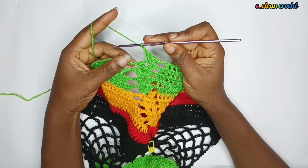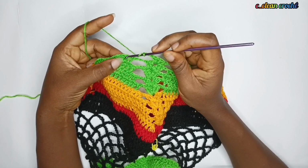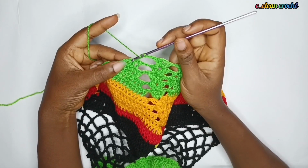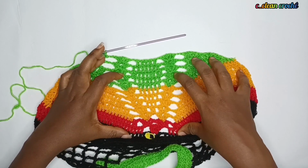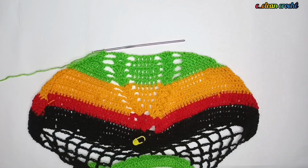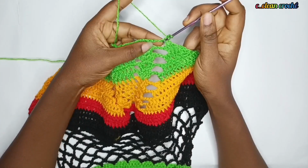Okay, chain 2, then you make your double crochet at the edge. Okay, so this is what we have. So you can see that it has slightly reduced. Okay, so when you get to the edge where you can't do any more, you just chain 1 and turn your work like this, and